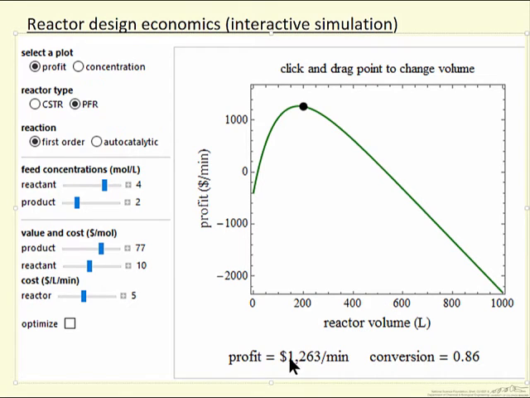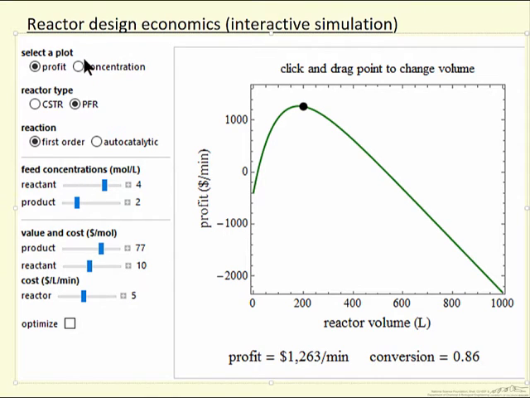And so the profit for this particular condition, profit per minute, is listed here, and then the conversion in the reactor. So you'll notice as the reactor gets bigger, the profit goes down. We're already at a high conversion, so a bigger reactor means we're paying more for reactor, and this is the cost of the reactor, and we're getting a small additional amount of product formed. So this does not take into account separations costs, which can certainly be significant, but again, this is just a simplified model to demonstrate the idea.